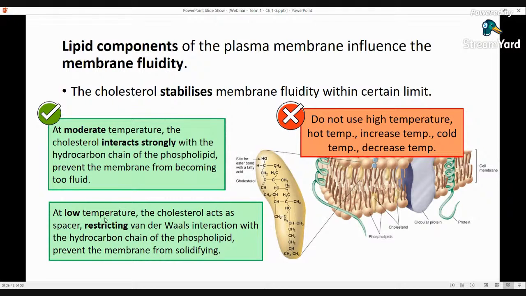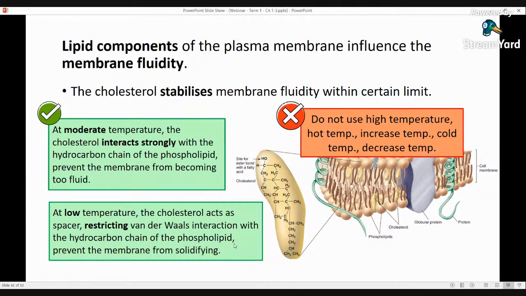In contrast, at low temperature, the phospholipid molecules tend to pack closely. But because of the presence of cholesterol, the cholesterol acts as a spacer, restricting van der Waals interactions with the hydrocarbon chain of the phospholipid. So it prevents the membrane from solidifying. So at low temperature, it increases the fluidity. Cholesterol increases the fluidity of the plasma membrane, whereas